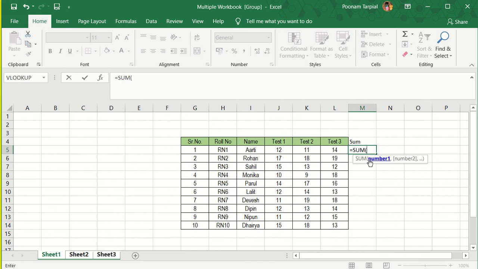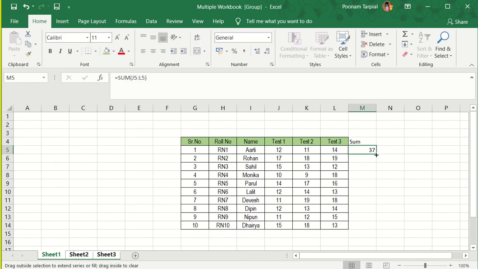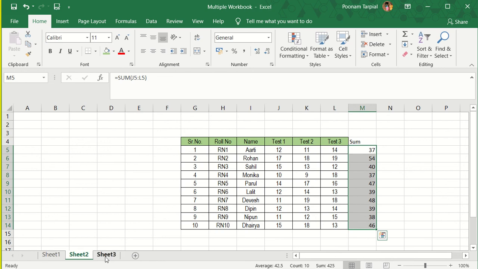So I'll double click on this, and then I will be selecting the cells. I'll hit enter, and then I will automatically replicate my formula. So now my sum has been automatically calculated in sheet 1. Now let's just see in sheet 2 and sheet 3. In sheet 2 and sheet 3 as well, people, you can see that the sum function has been